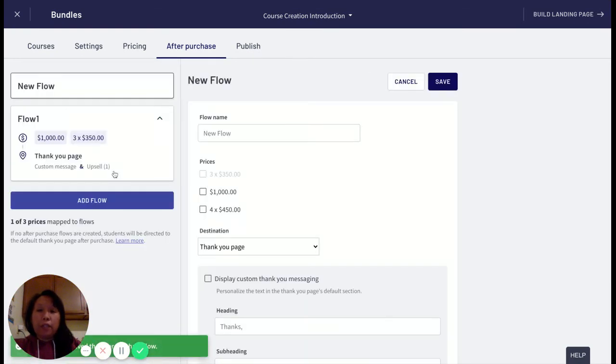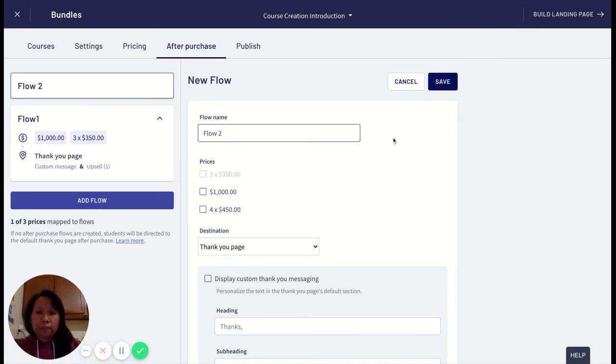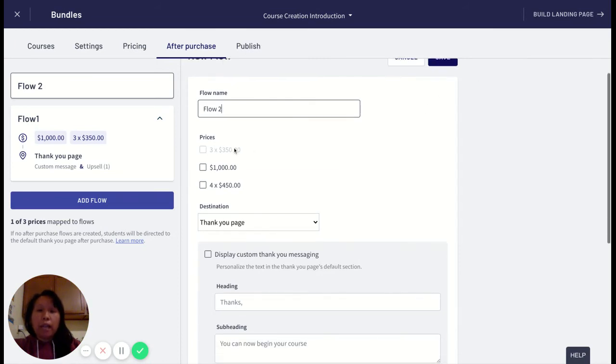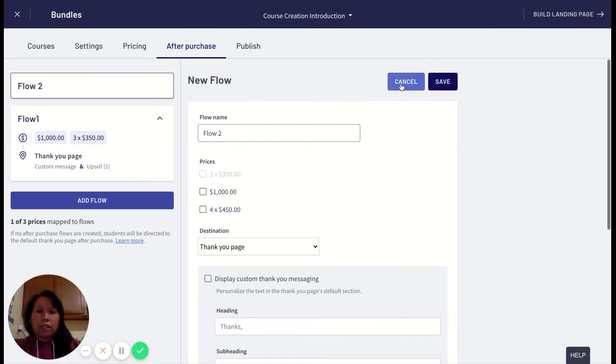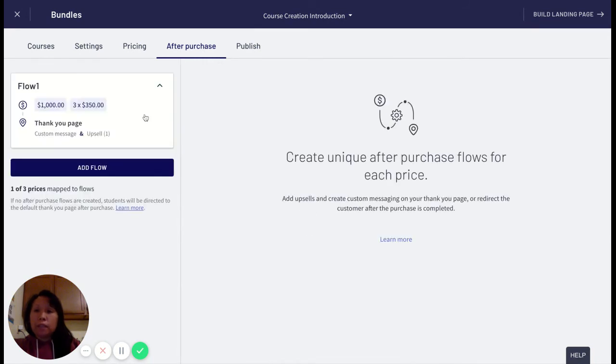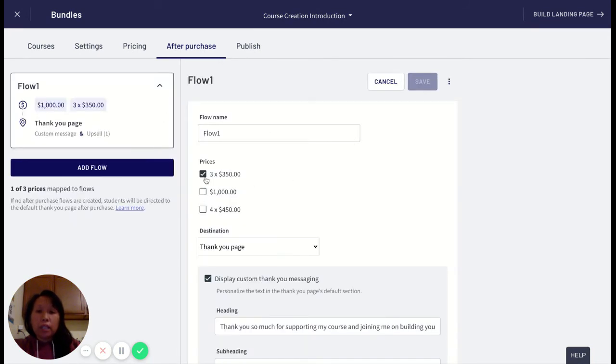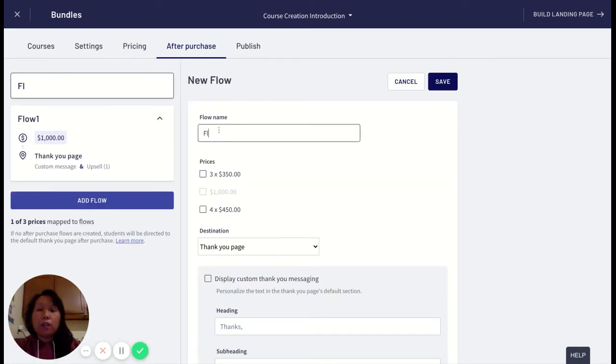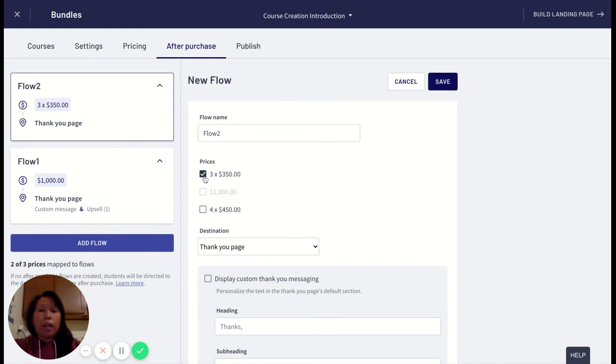Now I'm going to add a new flow and call this flow 2. And let me just make sure. Flow 2, and then I have to cancel this. Flow 1, I have to edit this. It should be just for this one. Okay, so flow 2 will be for people who are on the second payment option of 3 monthly installments of